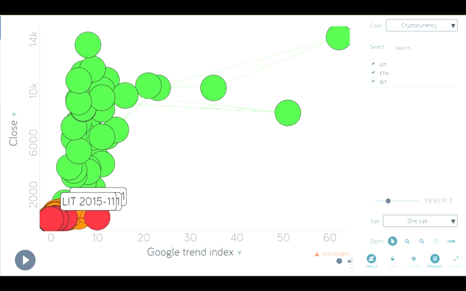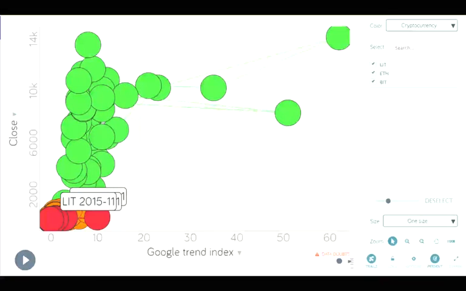So if we want to study this a little bit more, maybe we should study the timeline somewhere in 2017 to see what happened between the three popular cryptocurrencies and why Bitcoin became that popular until today. The other thing that's kind of hard to observe is whether there is any sort of linear relationship between the Google Trend Index and the closing price. If we look at the green trails, which represent Bitcoin, it seems to have some relationship, but not very clearly.